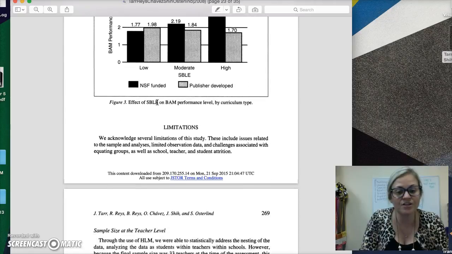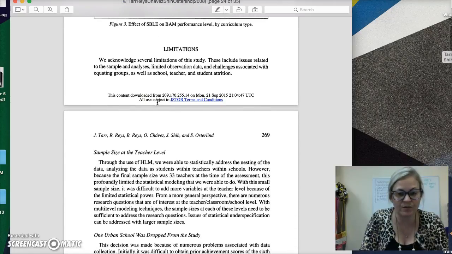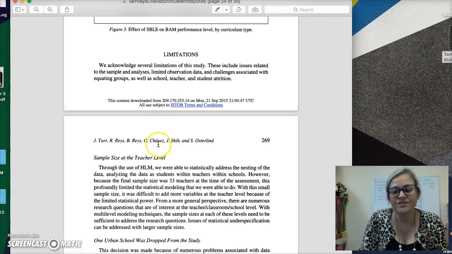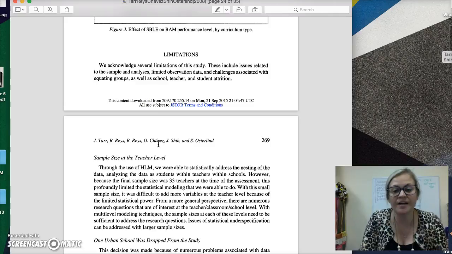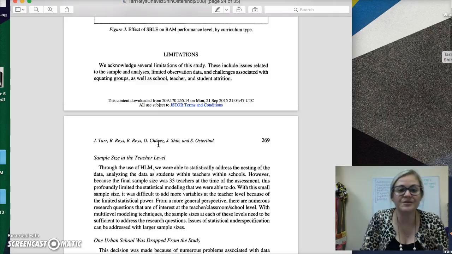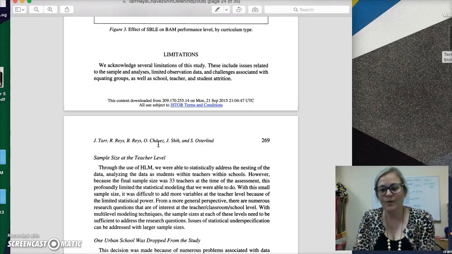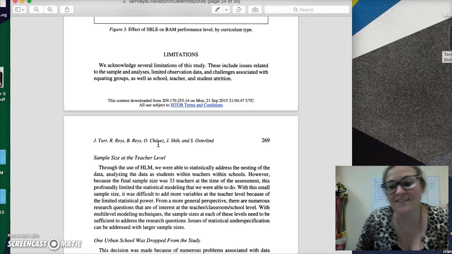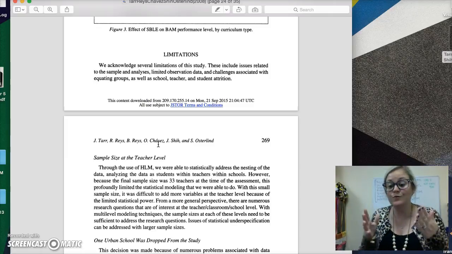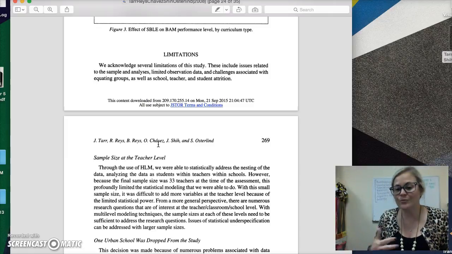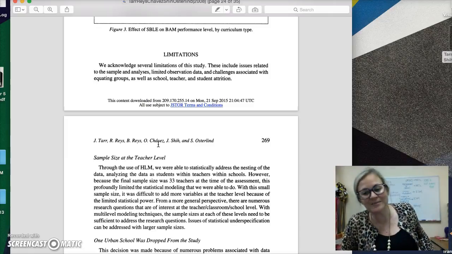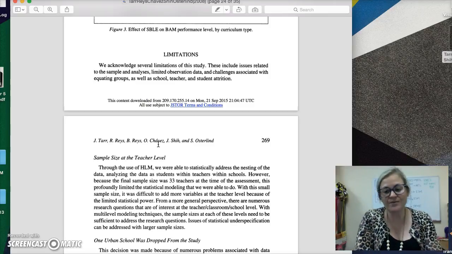And then, usually after the results are reported, there are limitations. This is something in the evaluation of the analysis that you can talk about, but there is no perfect research. With research, we never prove something to be entirely true. We can't. Even if you had a sample of 10,000 students, one article is never going to prove anything to be entirely true. We can support research to be true, but we can't prove anything. So there's always limitations, and always ways we can make things better in every single article.